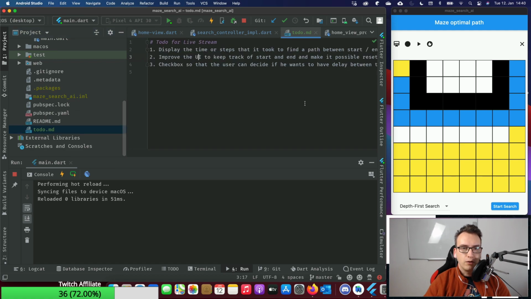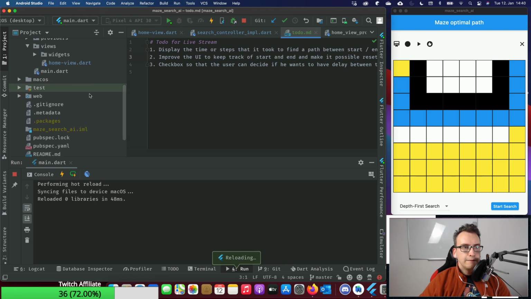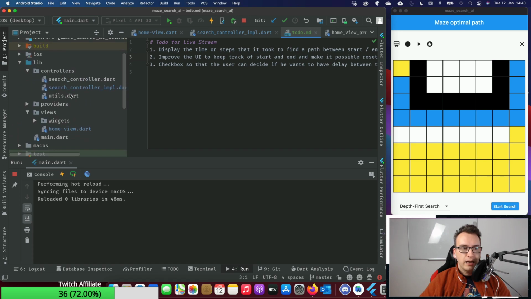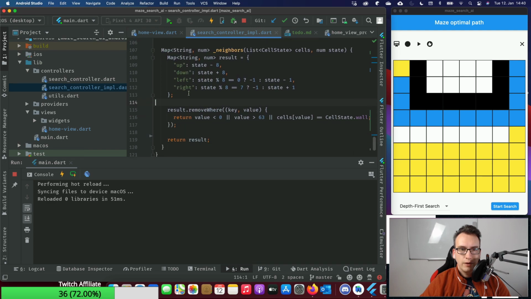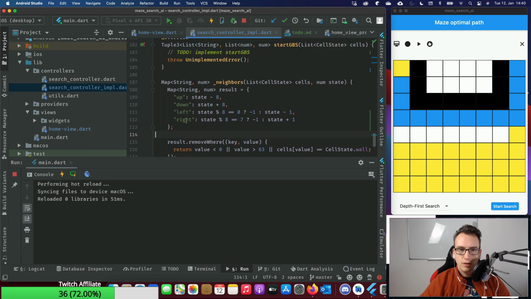Okay, I bring that also in the right order because display the time of the steps. On the other hand, I think that should be fairly simple. Okay, kind of like this. Yeah. Is there anything else that we should also keep in mind?